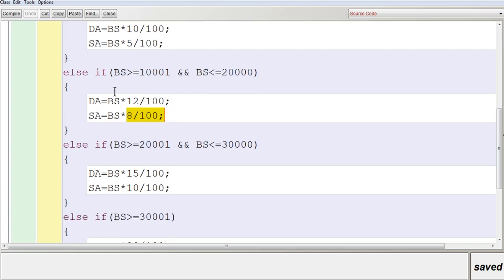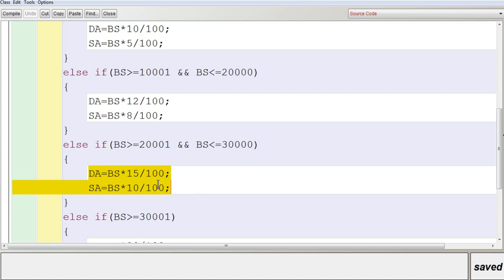And if the second condition is false, it goes to the next else part. You can see if BS is greater than or equal to 20,001 and BS less than or equal to 30,000. That means if the salary given is between 20,001 and 30,000, the criteria will be true and it will enter the if clause.